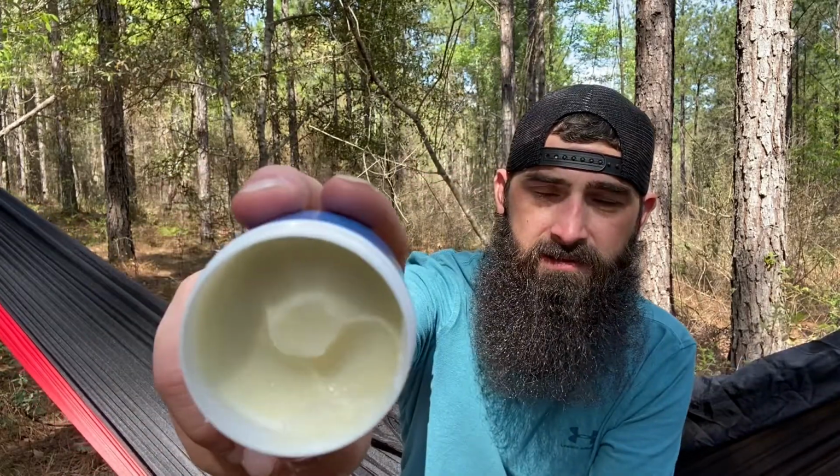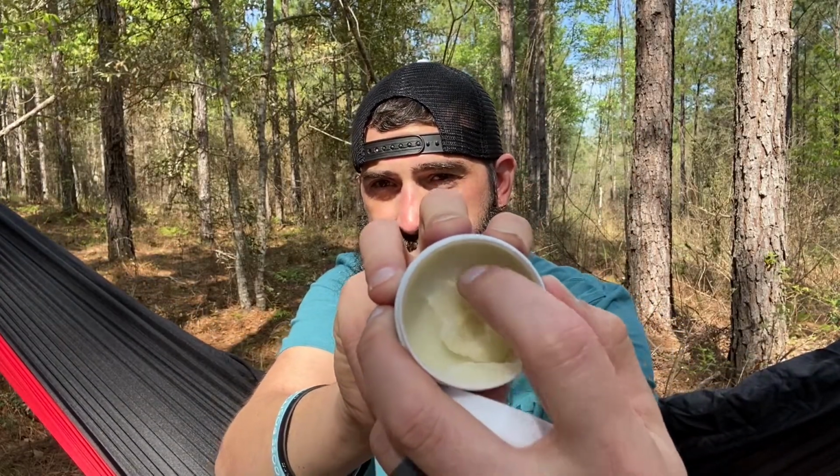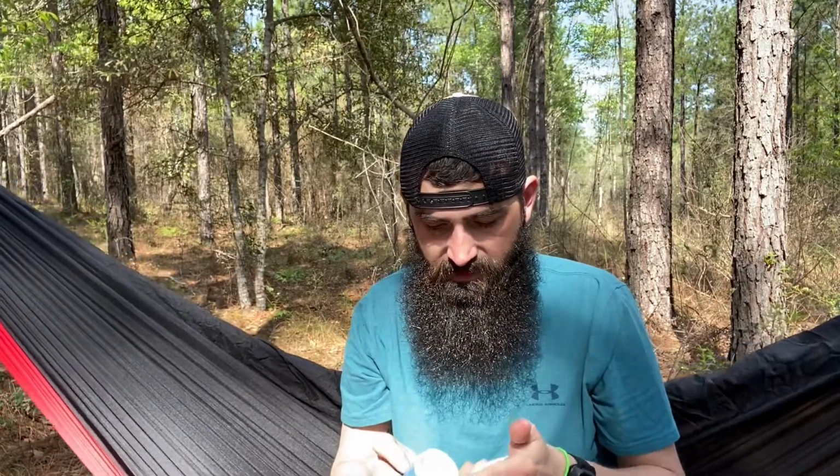All right, so the balm, or the butter, I mean. You see the butter, it is just that creamy. Look at that. It just melts. Don't need to waste any of this. So the butter